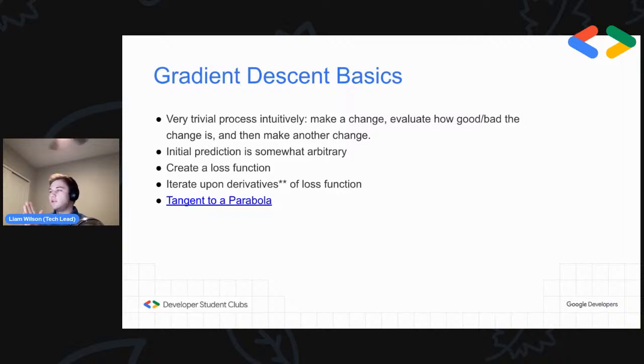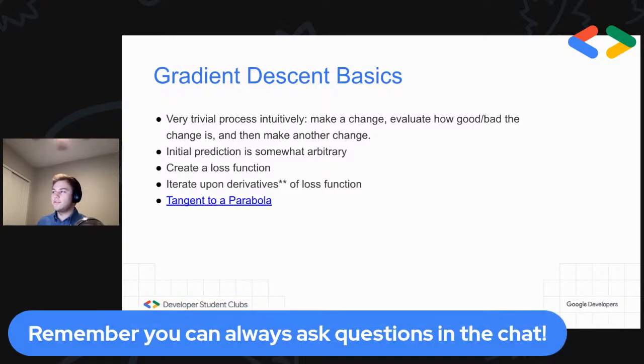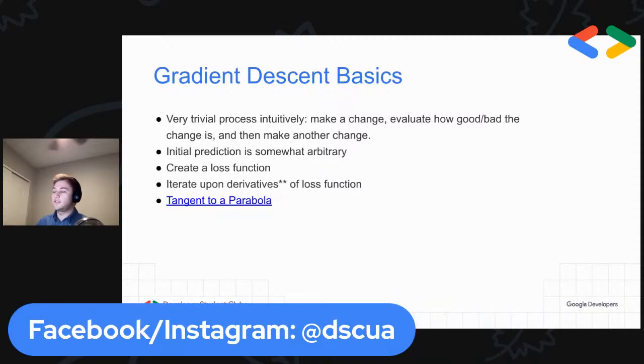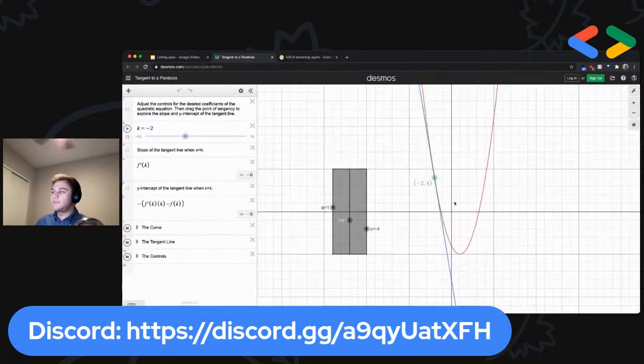So as an example, you can make a change. If that change approaches a minimum of a cost function or a loss function, then you are going in the direction of improving your model. If you end up with an increase in cost, then you end up moving away from the ideal state for the model, and you'd make a change in the other way. So just to get this idea across, I have this convenient little